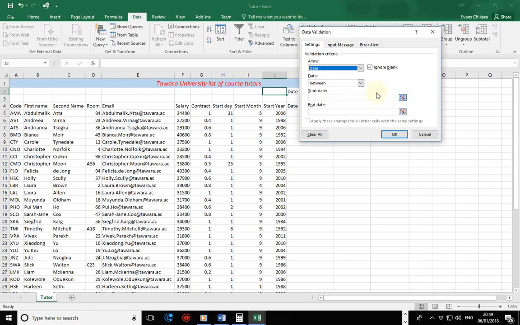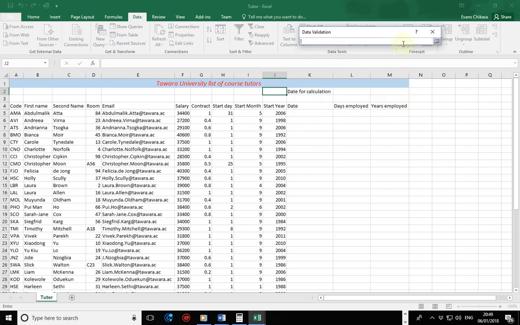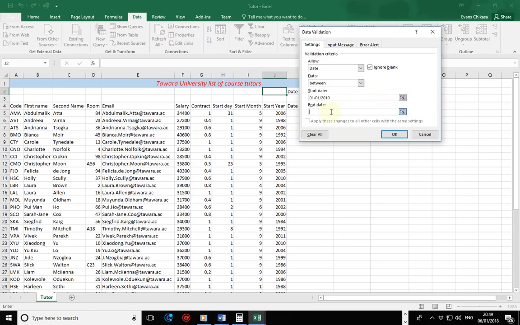So between is fine. You can use less than or greater than. That is still fine, but I'll use between because it's the one which is easy. So the date is supposed to be between, let's say, 1st January 2010. Okay, so the date is supposed to be between 1st January 2010, and also the end date